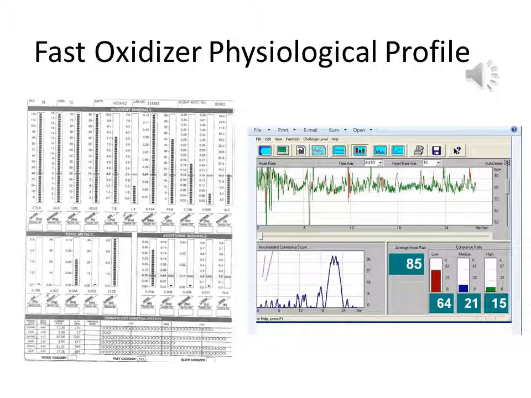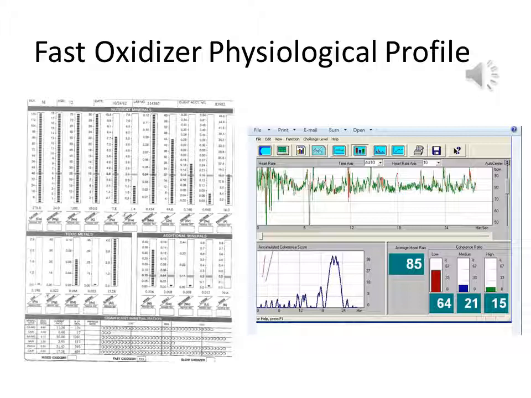The fast oxidizer typically has a fast heart rate, shallow breathing, and breathes from the chest more than the diaphragm. In this frame to the right, you can see a heart rate variability panel showing the disturbed heart rate of somebody who's a fast oxidizer. The little blue bumps in the lower left-hand corner of that panel show them trying to relax and get their heart rate normal. They almost do it in one section. There we have a large excursion, but not very successfully. They're showing a lot of stress.